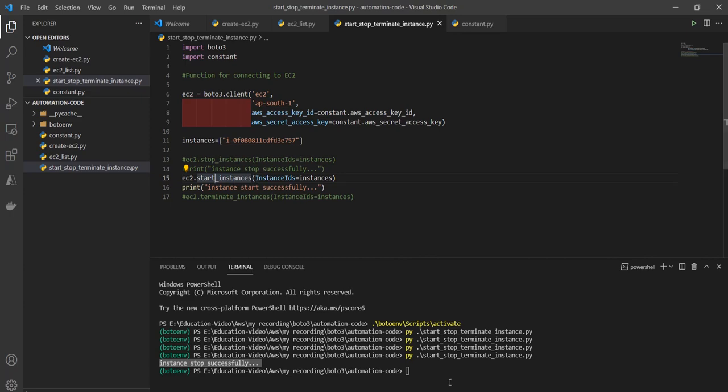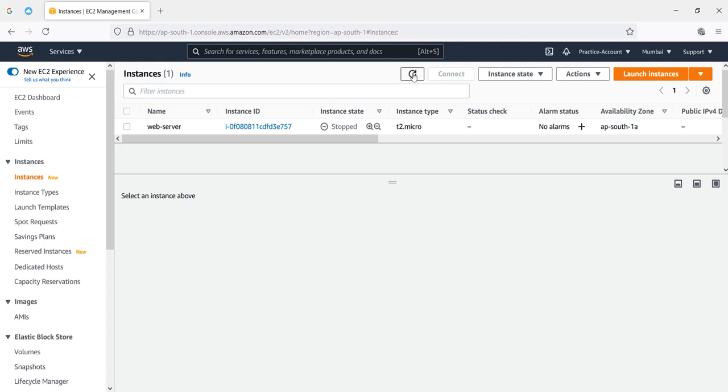Now we will run it. Our instance started successfully. When we refresh it, our state will change from stopped to pending. Once it is done, our instance state will change from pending to running.